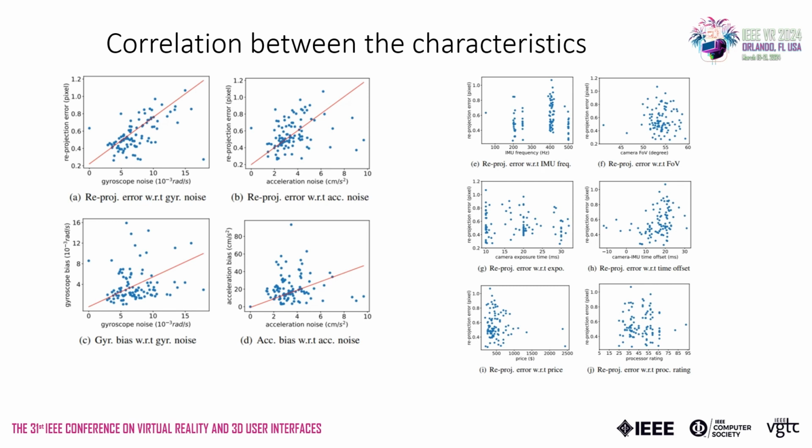We further investigate whether there is any correlation between different sensor metrics. We observe a rough linear correlation among reprojection error, gyroscope noise, and acceleration noise. A cross-linear correlation between the IMU noise and IMU bias can also be observed, which indicates that the phones with better data quality usually have IMU biases adjusted to a lower level. We don't find obvious correlations between other characteristics. This makes it more complicated to deploy a SLAM method to different models of phones with sensor characteristics that may